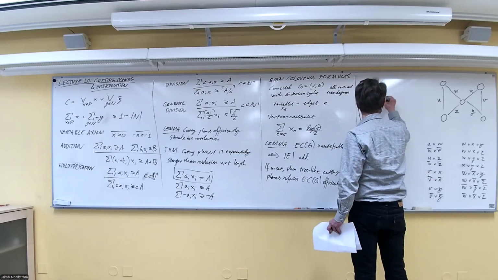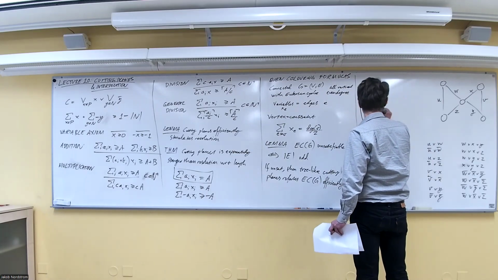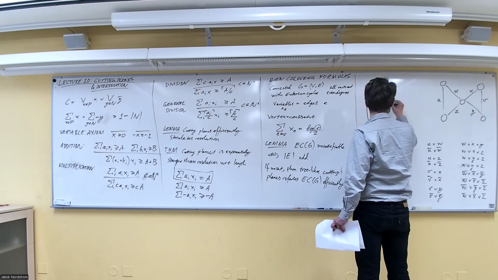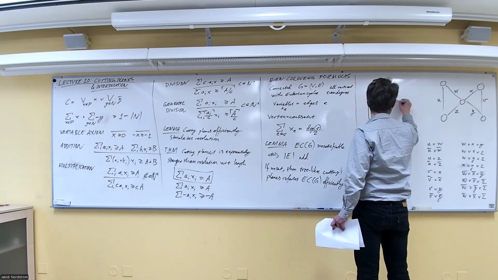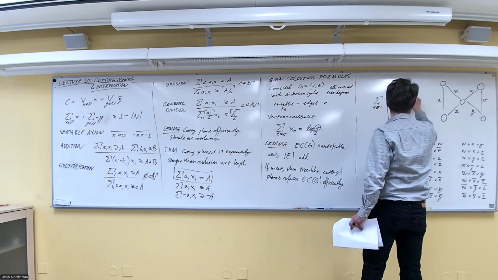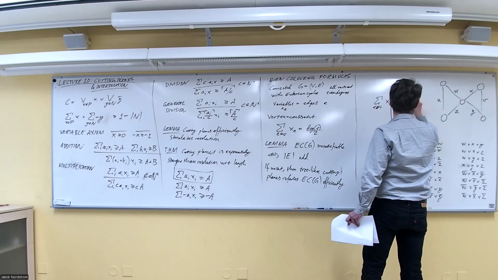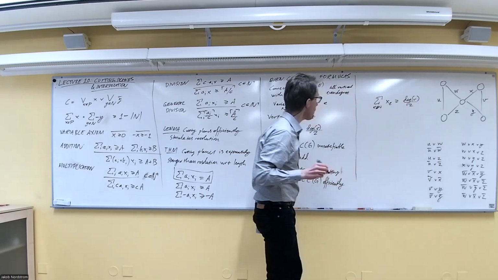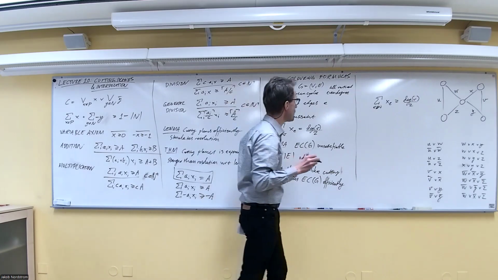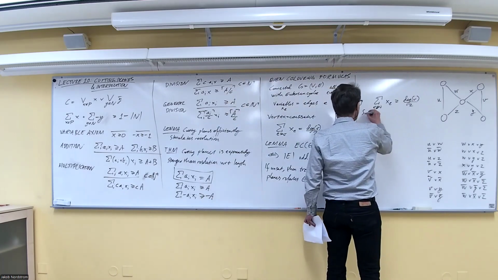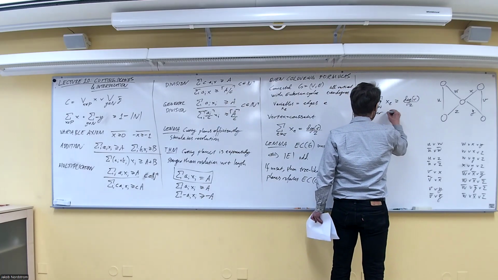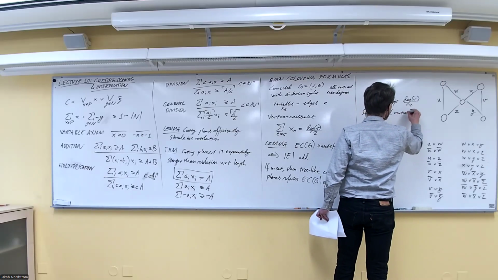Let's do one direction of this. Look at all the greater-than constraints. We have this constraint for every vertex. So if we now sum over all vertices,